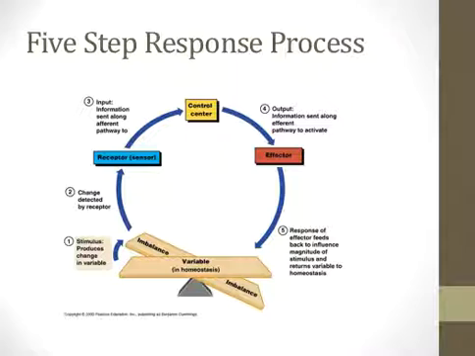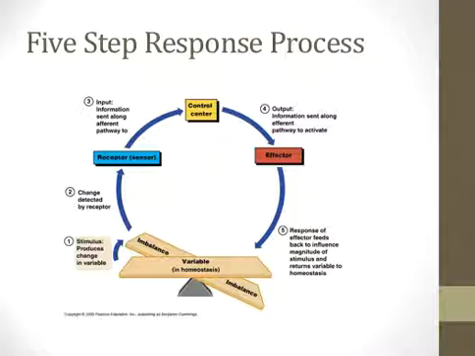Next, the change is detected by some kind of receptor in the body. This is done by a sensory receptor in your skin, heard with your ears, seen with your eyes, tasted with your taste buds, or smelled with your nose. The information or input that is measured with your senses is transported along your nerves to your control center or nervous system. Your control center determines the appropriate response to the environmental change to maintain homeostasis.